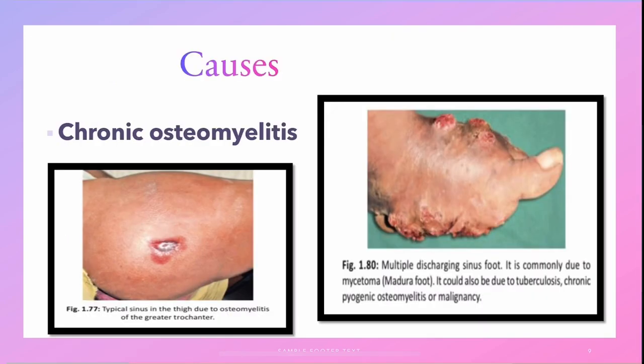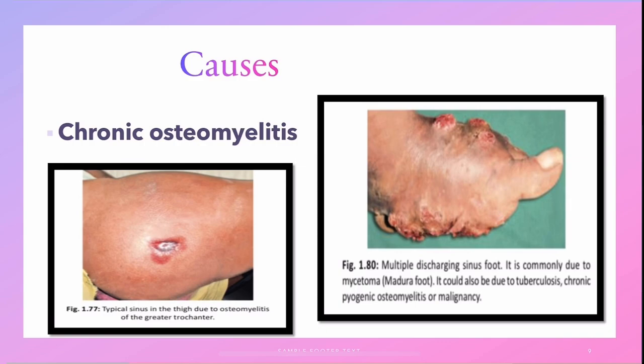Moving on to the next cause, that is chronic osteomyelitis. What happens in chronic osteomyelitis? Basically, the chronic types will cause the bone pain. If there is recurrent infections in the surrounding tissues which are surrounding the bone, over the bone, then the drainage of the pus through the skin occurs from the infected bone, and the pus is going to drain out through